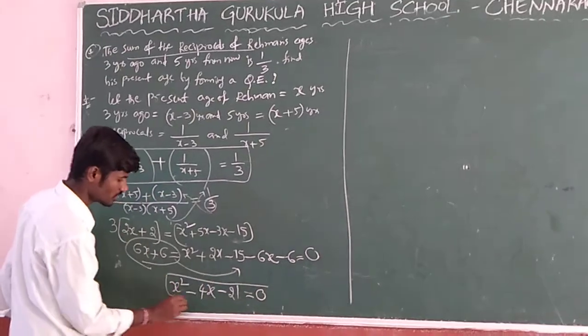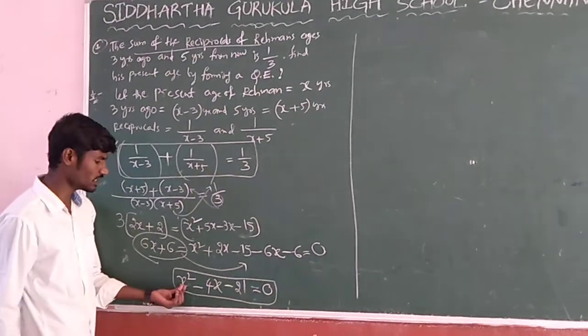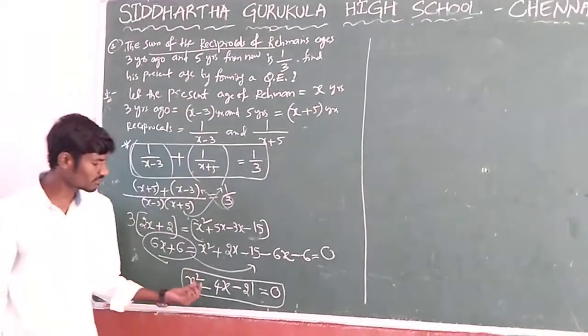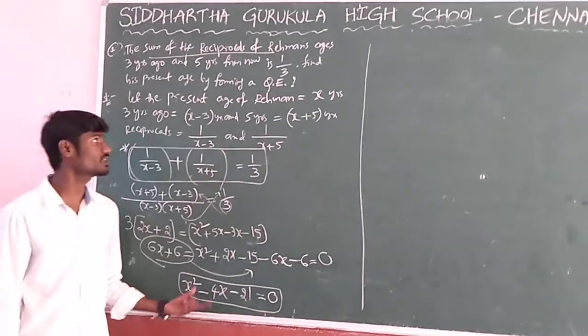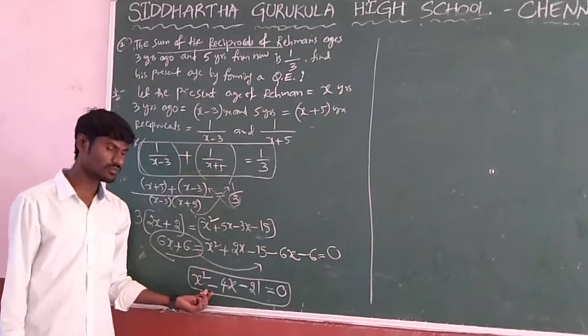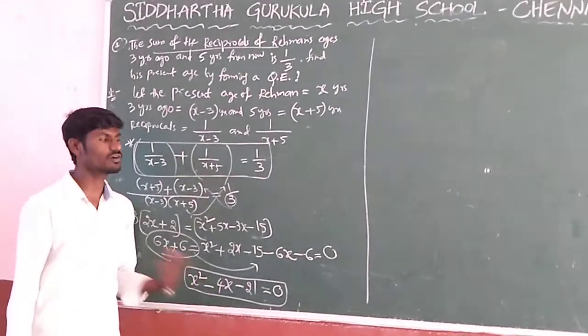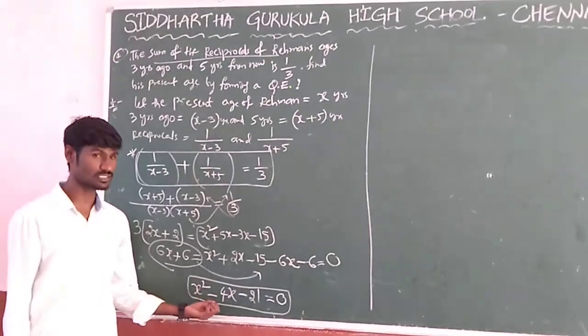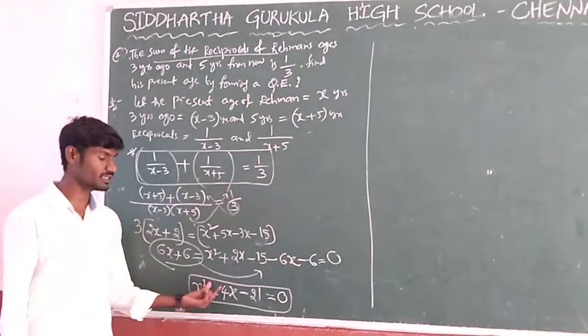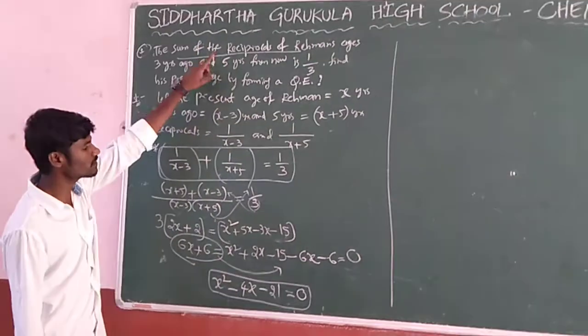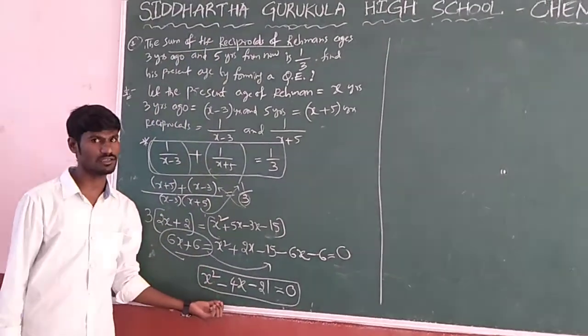Now see, is it a quadratic equation form? The standard ax square plus bx plus c equal to 0 form. Once we get a quadratic equation, then we can get its roots by different methods of solution: factorization, completing the square, or the quadratic formula. You know that, that's why here I am not explaining. You may solve that. Have I understood? So this is the given data. Based upon the data, we are framing a quadratic equation.